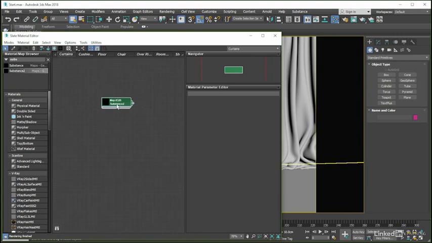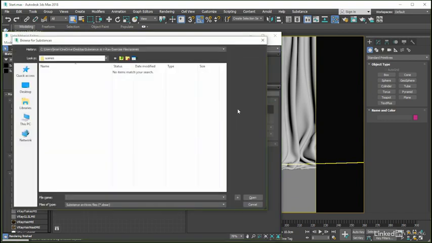We are using this because Bitmap2Material 3 is in reality just a Substance archive that has been set up to perform some very specific and very clever functions on the image or images that we feed into it. To be able to use those functions, we will need to double-click on the Substance node to load its options into the parameter editor, and then click on the Load Substance button found in the Substance Package Browser rollout,